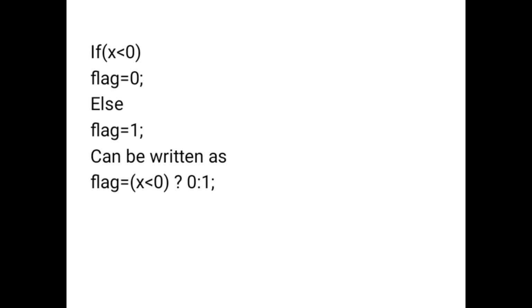If x is less than 0, the flag value will be set to 0. If x is greater than or equal to 0, the flag value will be set to 1. Now the if-else statement is replaced by a single conditional expression, as you can see in this example.